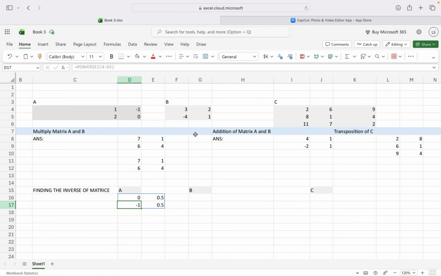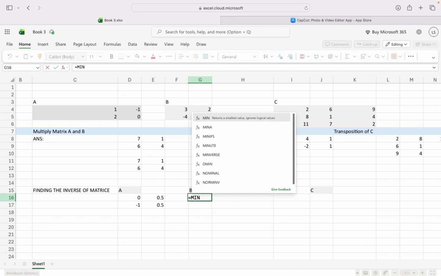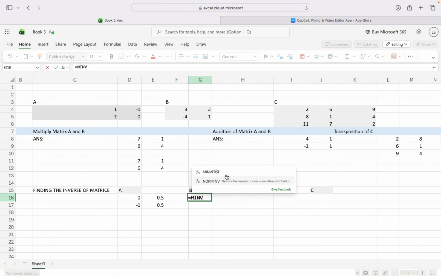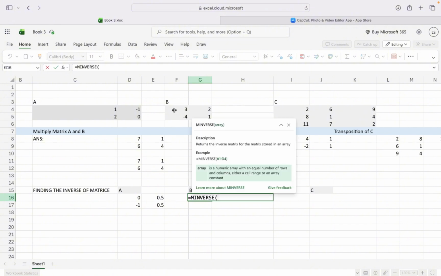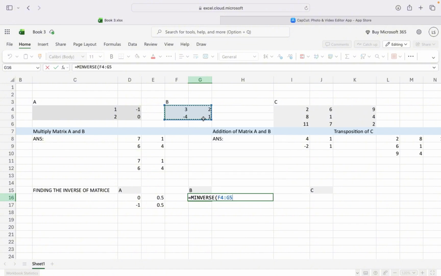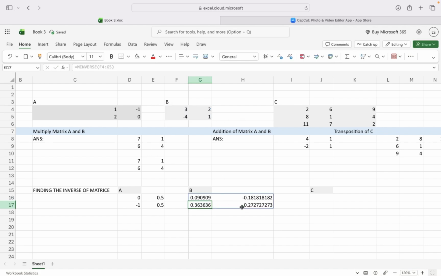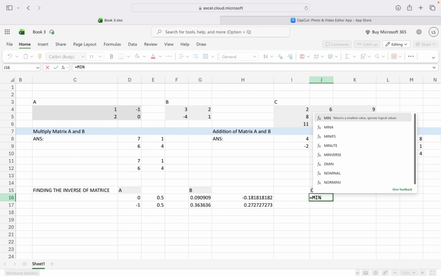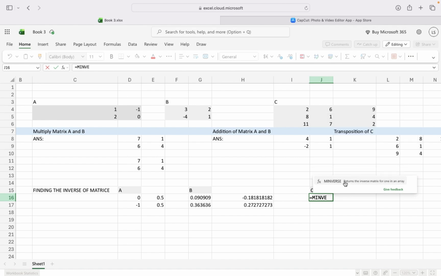Here we have to find the inverse of matrix B. Perform the same matrix inverse. So here it is, you click on it. That's fine, matrix inverse of B. You close the bracket, Enter. So this is the inverse of matrix B. Now you have to find the inverse of matrix C. Same thing. Enter M for matrix and you start to spell inverse. So here it is. Select the elements of matrix C,